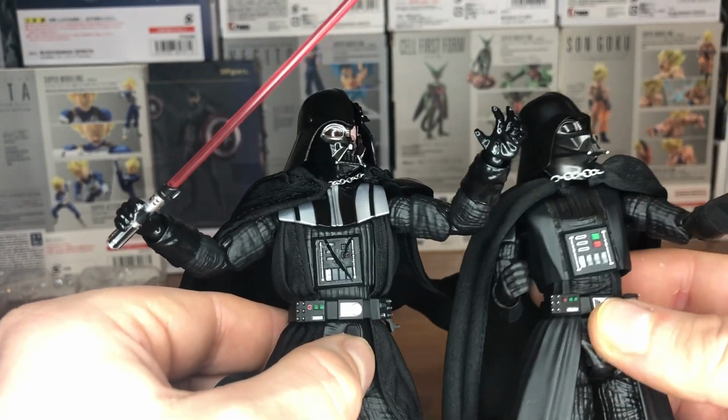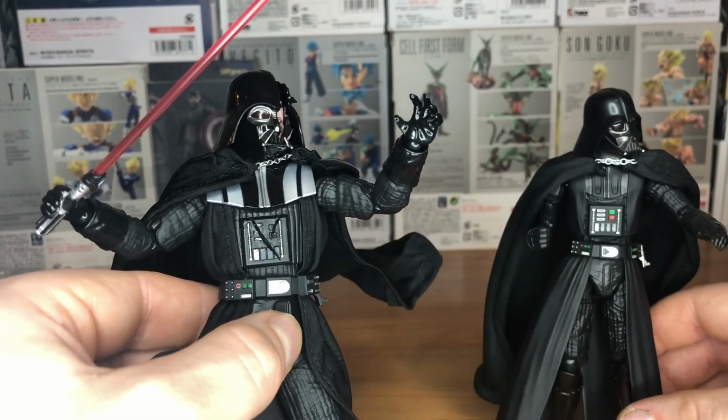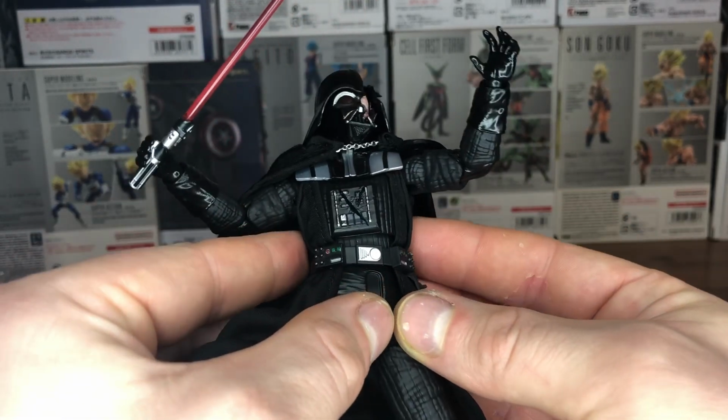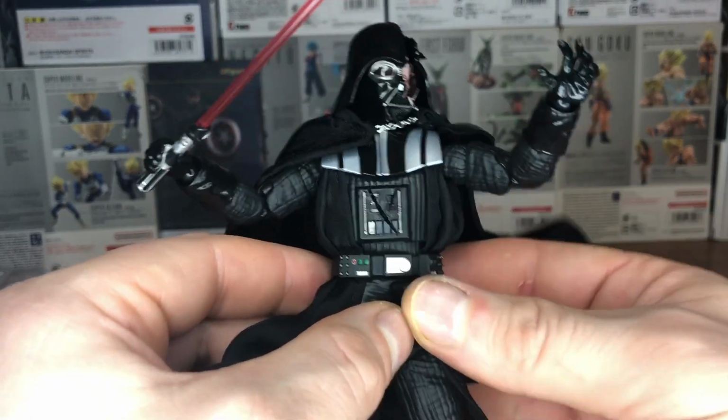It just feels a lot. This is very slim. You know, I think this... Let me put it down for a minute. This cloth bit really helps. It's only that. It's not like he's much bigger, but just having those extra folds of clothing just adds bulk